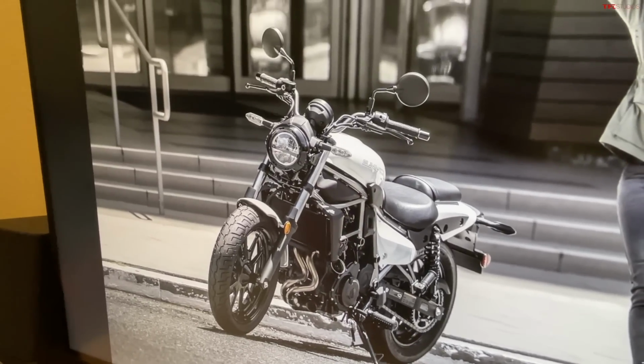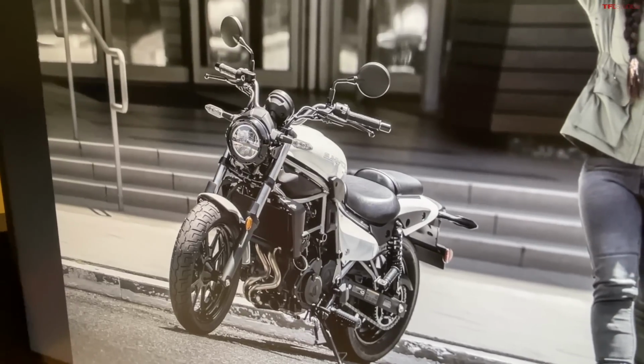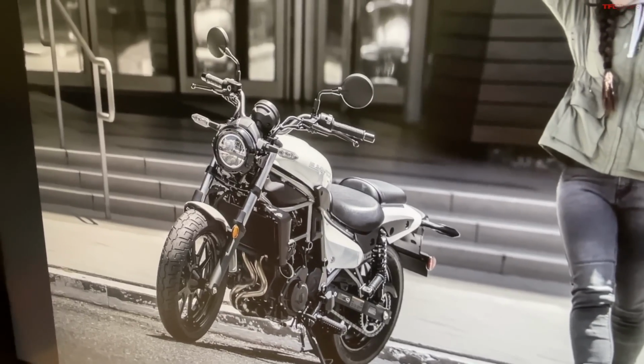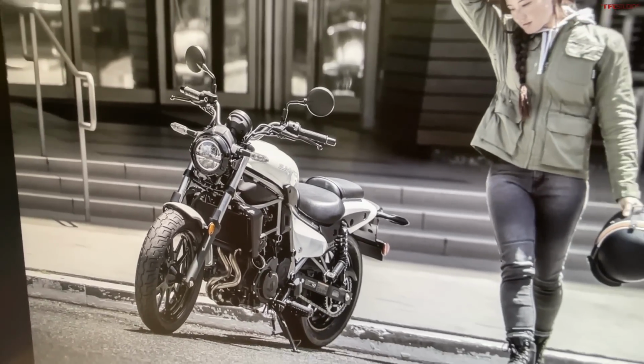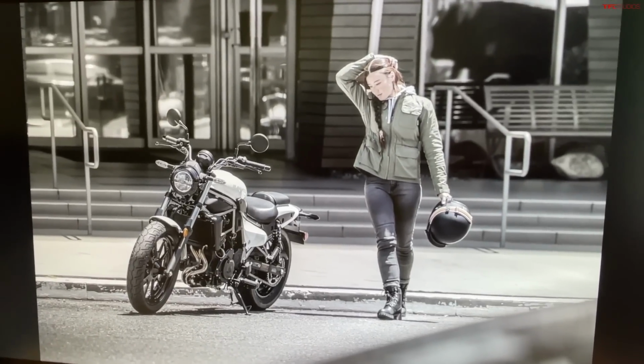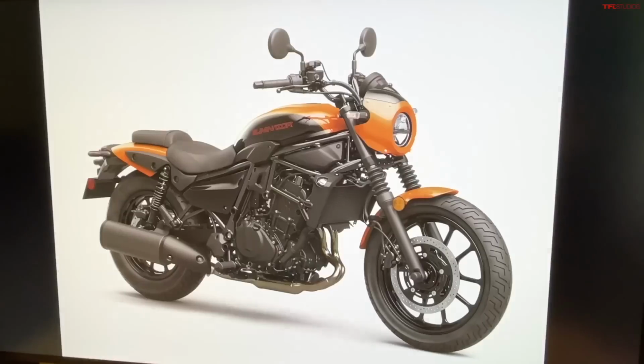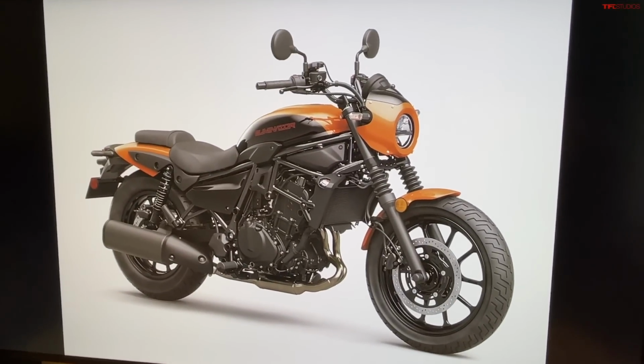So pricing on all of that, the very base model starts at $6,649, which is a pretty decent entry level price and competitive with the Honda Rebel, which we'll talk about in a second. If you get the ABS model, it's $6,949, and then if you step up to that SE, it's